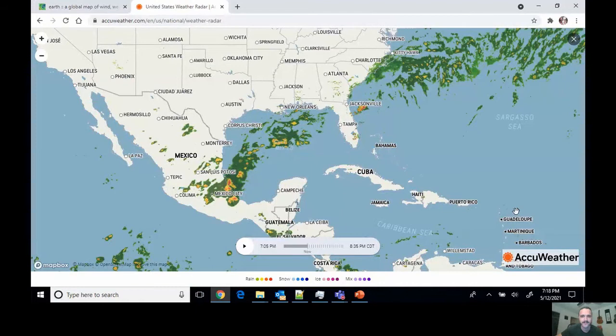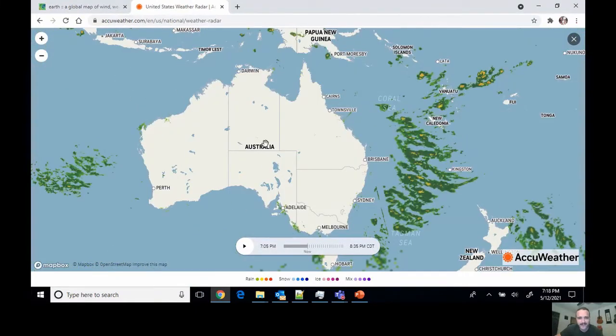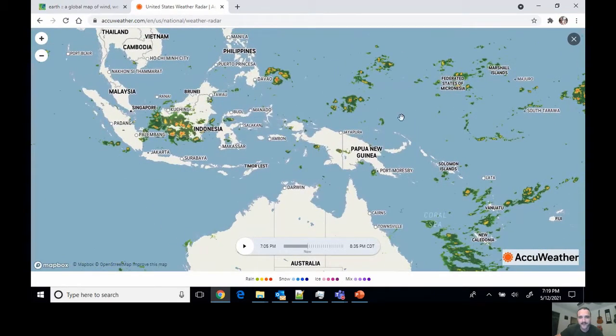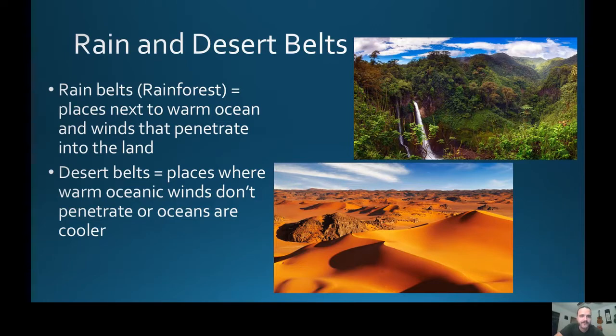But this middle section, I would guess, is not going to have much. Let's see what's going on there. And yeah, you can see that. The bulk of Australia has very little rain. Most of that moisture was getting diverted down to the south. And yeah, New Zealand and those areas were probably getting some moisture, but none of it was really penetrating into Australia. And up here where all that rain was blowing over, you can see this area is just pretty constantly a stormy area of the world. So to explain that,